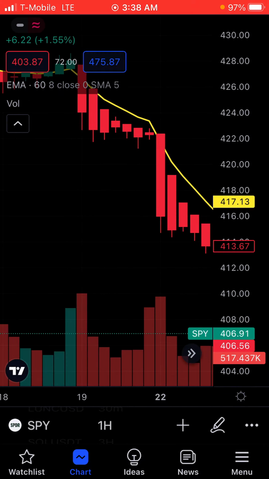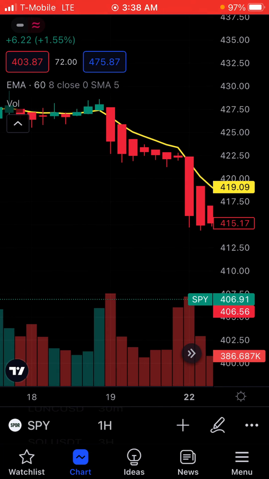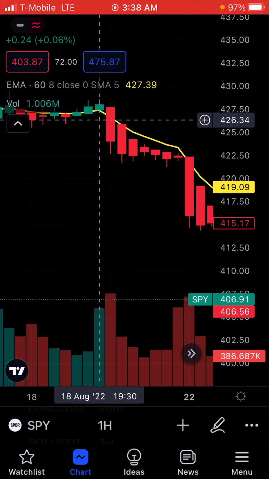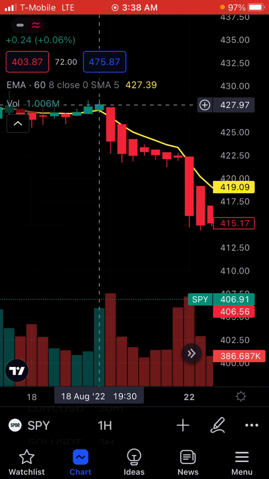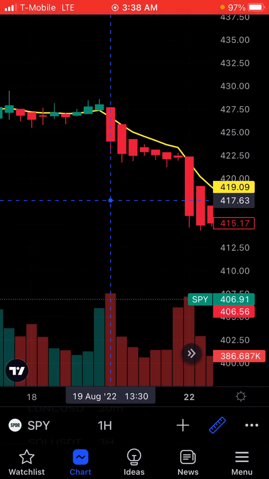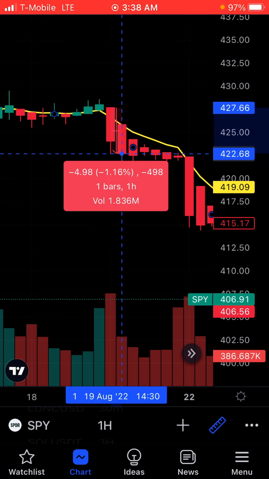So the first time we see what we want to look at here, we see a green to a red, a green to a red, green, and then I'm looking at the volume. I'm not looking at the candles. I'm looking at the volume. We see a green to a red. So when it switches to a red, we look at the volume. The volume is 1.19. So what we're going to do is, in this scenario, we would do a put for 427, wait it out,